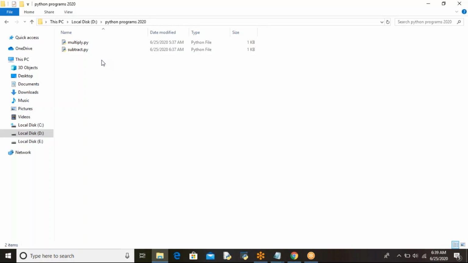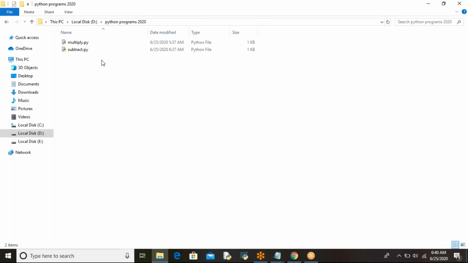There is no compile output. But whereas when you go to Java, when you compile a Java program, immediately in whichever folder you saved your .java file, in the same folder you will get the .class file after compilation, like subtract.class. Then by using the Java interpreter, you take the .class file, execute it, and finally get the output. But in Python, compilation and interpretation, everything is done internally, and finally you see the output there.